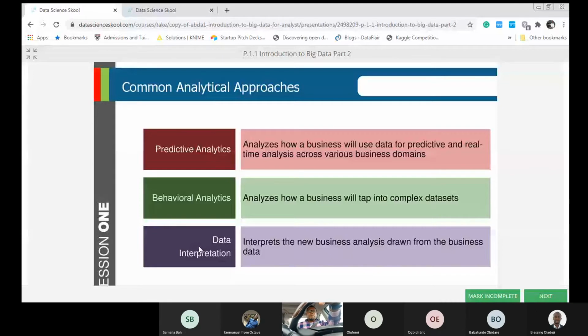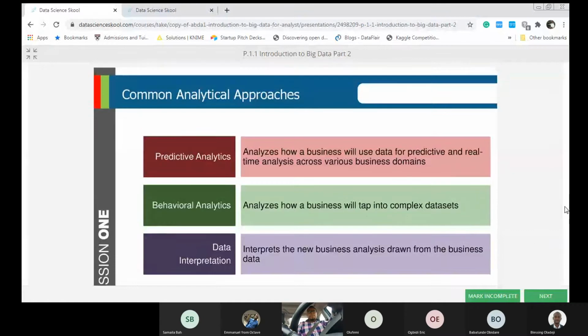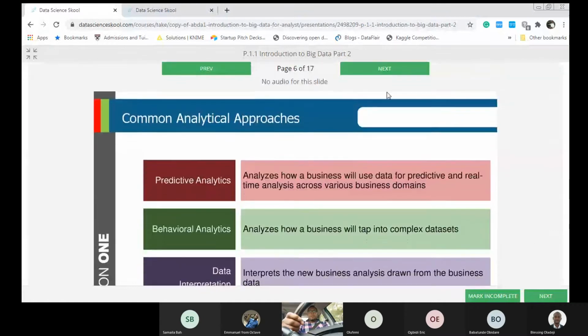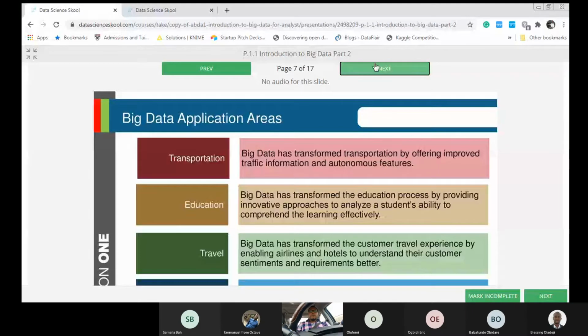Another approach to analytics is called data interpretation, and that is trying to interpret data just to be able to understand the patterns and the relationship between the elements of that particular data set. Those are some of the common approaches to big data. Please feel free to ask me any question before I move to